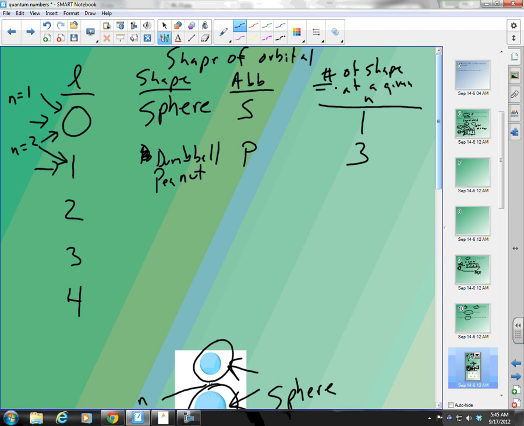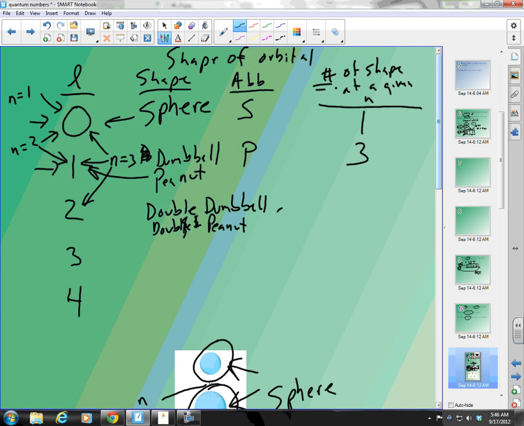So when I have n equals 3, what am I going to have? When n equals 3, there's going to be three shapes. What are they? There's going to be an L equals 0, an L equals 1, and an L equals 2. That means I'm going to have a sphere. I'm going to have a peanut, and I'm going to have something that we can call a double dumbbell, or what do you think? A double peanut. Double peanut. And we're going to have that as its abbreviation is d, and there are going to be 5